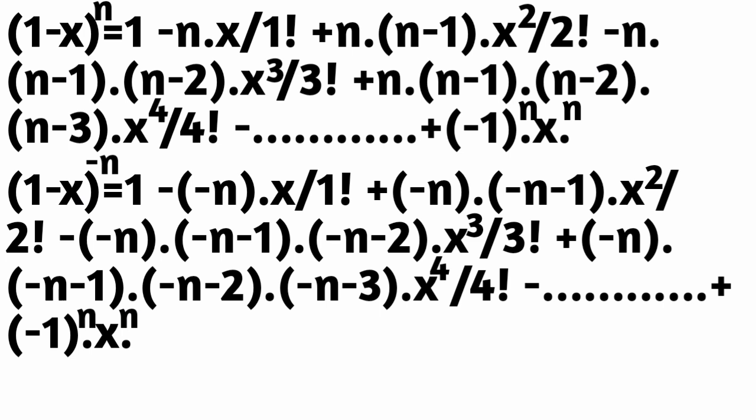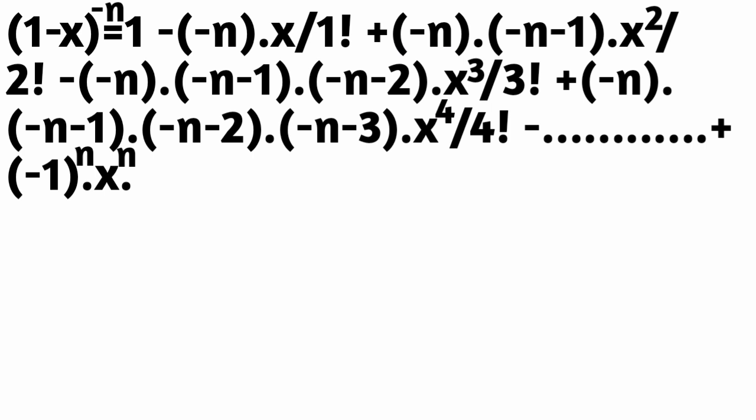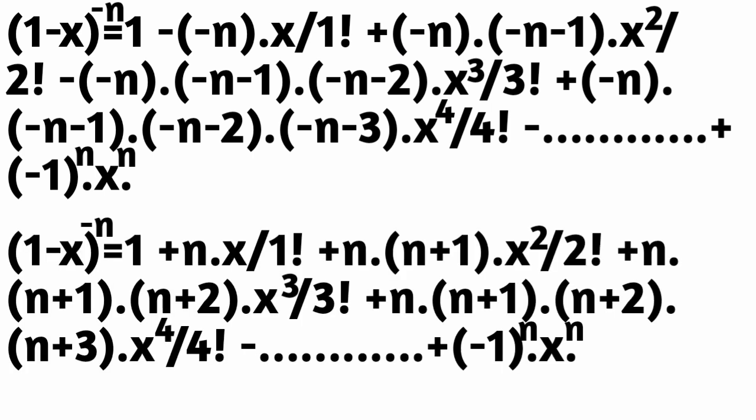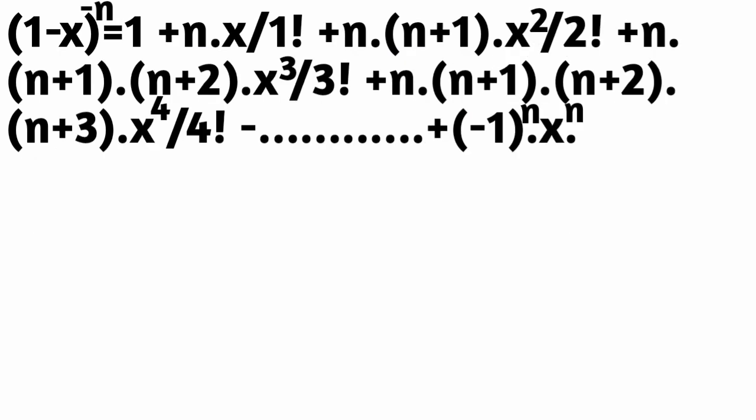And again, if we replace n with minus n, then in every term n will be replaced by minus n, and the whole process will become clear: each term is equivalent with only one difference, the term n is replaced by minus n. Now if we simplify it, we can see that each term will become positive. There is no negative symbol in the expression of this value.